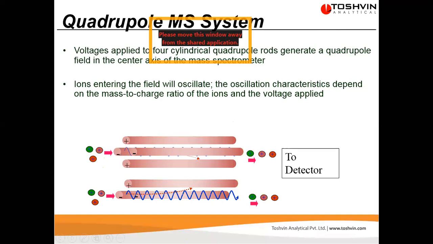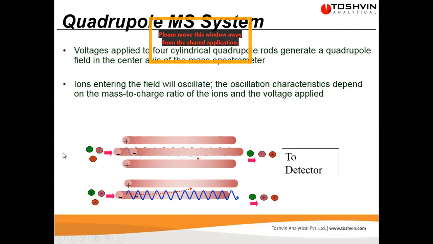Then after ionization, once my sample is converted into ions, they will go to the quadrupole. Quadrupole, as the name suggests, has 4 rods. The other name I mentioned was mass separator unit. Its role is to differentiate the ions based on mass to charge ratio. Because in the ionization source, different ions will be forming with different molecular weights, say 40, 41, 42. So its role is to distinguish them and forward them to the detector part.